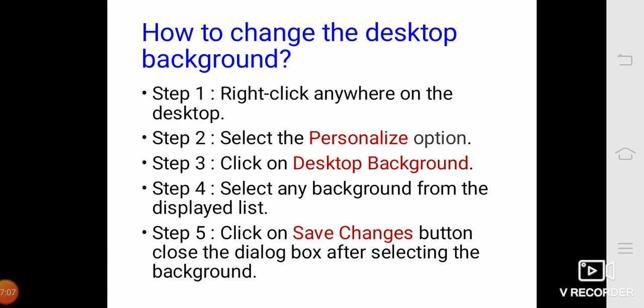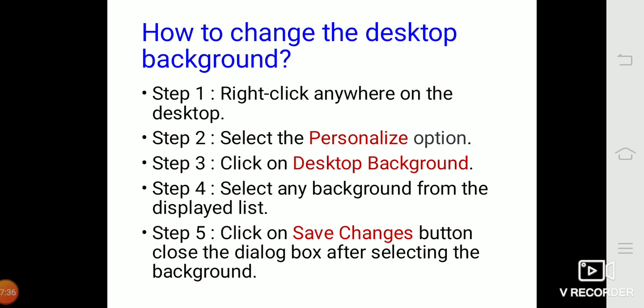Now, how to change the desktop background? Following the steps, you can change the appearance of the desktop background according to your choice. Step 1. Right click anywhere on the desktop. You will find the list of options. This is called shortcut menu. Step 2. Select the personalize option. The personalized dialog box will appear.